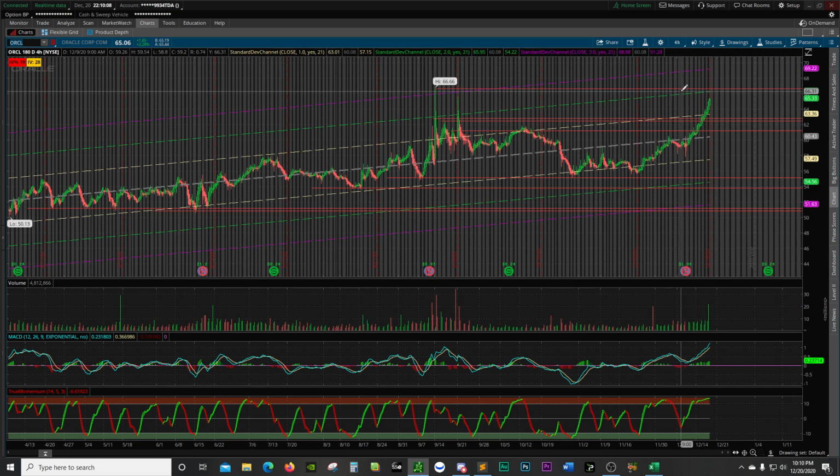So let's see. Back in August, it hit a high of 66. Current price is 65. It's $1 away from that high. It does look strong. If you look at the volume down here, it's increased or at least stayed the same. That's a good indicator that it will continue going, but at some point, this is going to find the top and start falling.